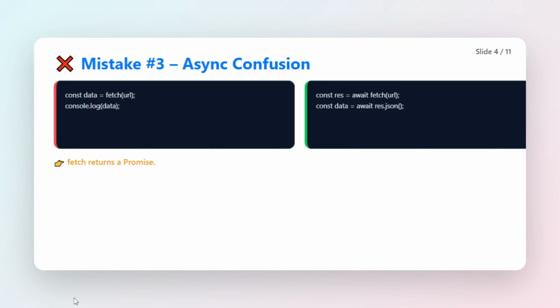When you write const res equals await fetch URL, you tell JavaScript to pause this function until the promise resolves. Not the whole program, just this function. Then you usually need another await, like await res.json, because yes, that also returns a promise. Here's the senior rule. If a function returns a promise, you must either await it or use .then. There is no third option. Once you accept this mental model, async code stops being scary and starts being predictable. All right, now that async makes a bit more sense, let's move on to the next mistake, where juniors forget